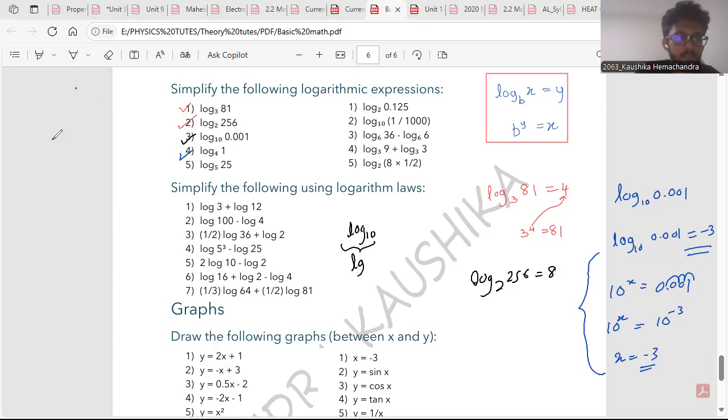So here 4 to the power something should be equal to 1, right? 4 to the power 1 is 4. So any number to the power of 0 is 1. So here the answer is 0. 4 to the power 0 is equal to 1, right? 4 to the power 0 is 1. Fifth one,